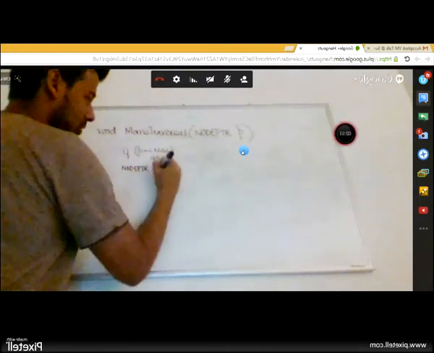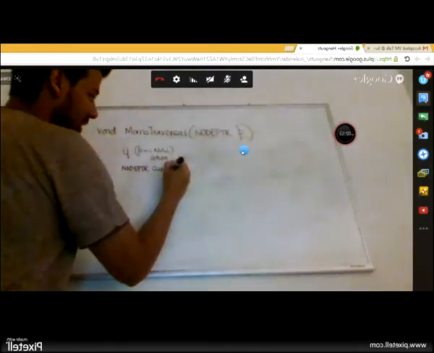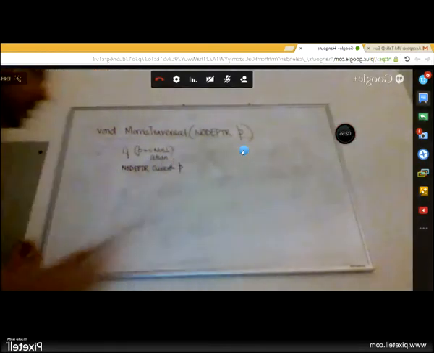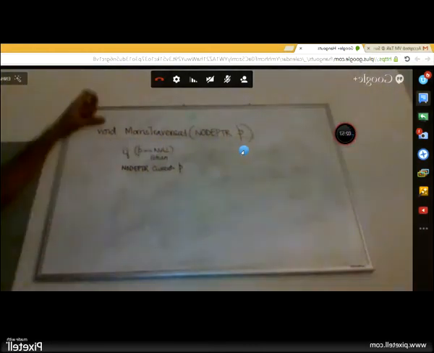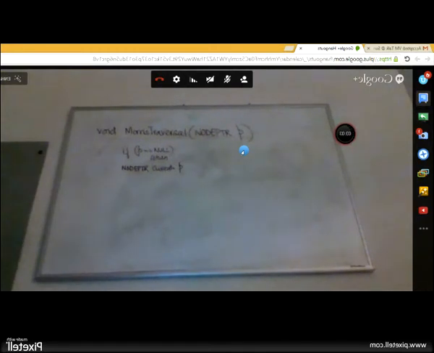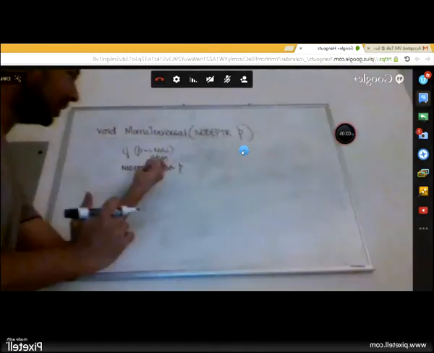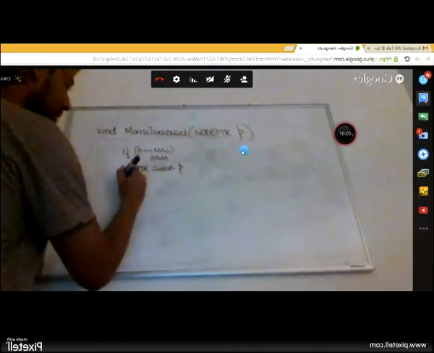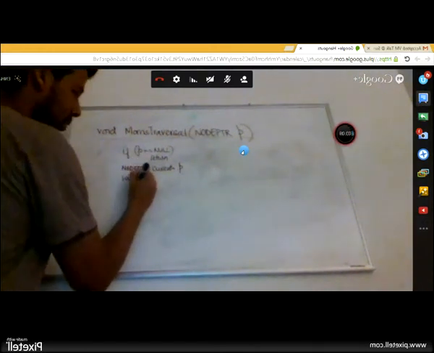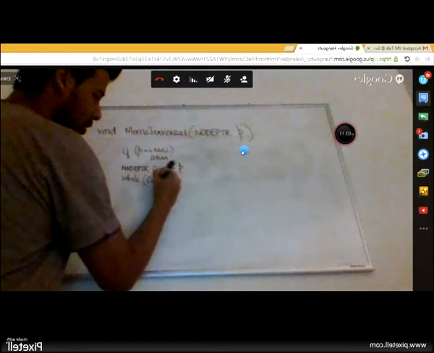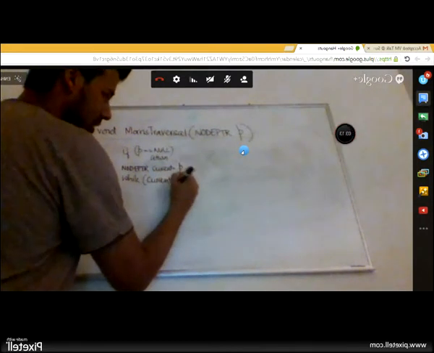So I'm going to say my current node equals P. Now I have this keeping track of my parent so that I can do whatever I want to, and we'll use this as the key point. We'll say while current node is not equal to null, which in our case is not.